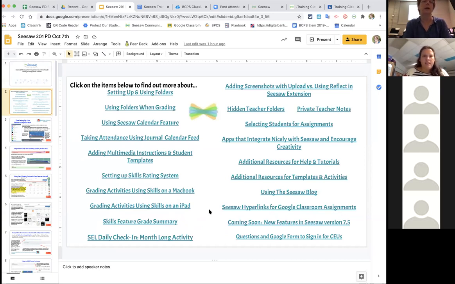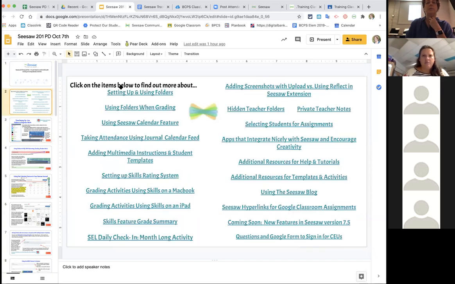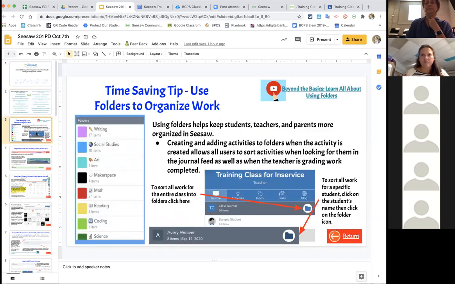Or that are frequently asked questions. And on each of the sections or each of the links that you go to, there might be additional links. So for instance, some of you may be using folders already or may not be using folders and aren't sure how to get to that. There's a video on the side. So wherever you see this image or icon, that's going to take you to probably the Seesaw YouTube channel,